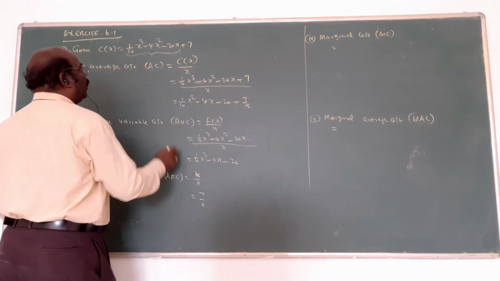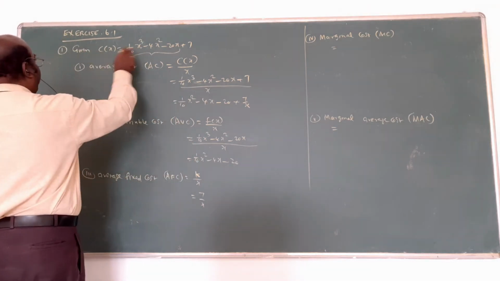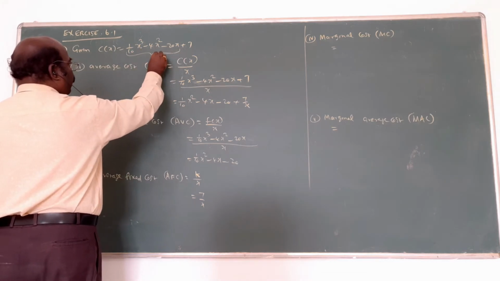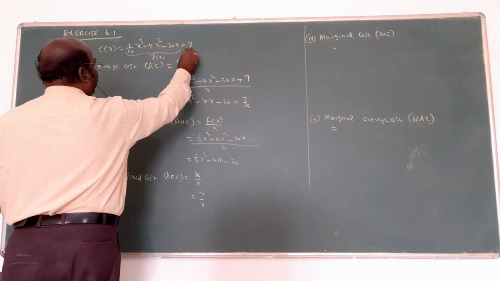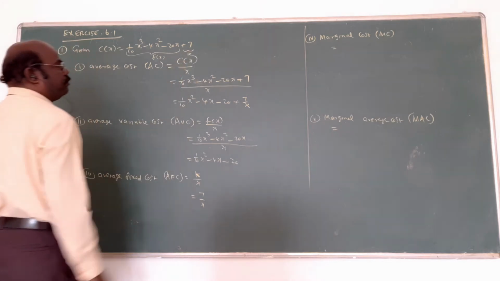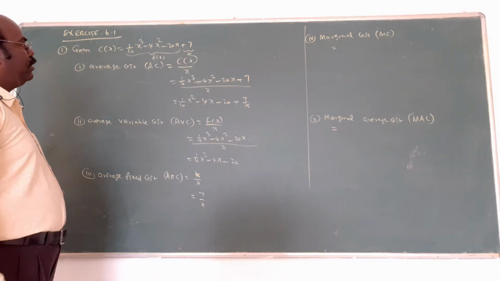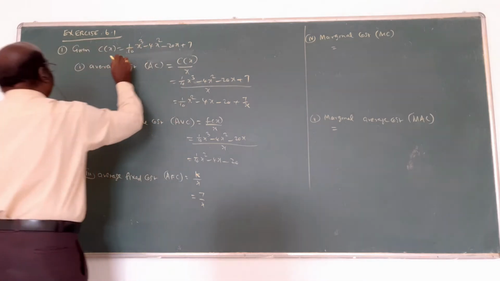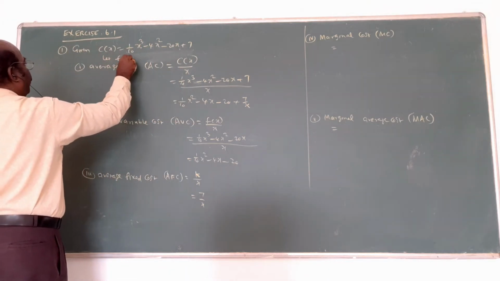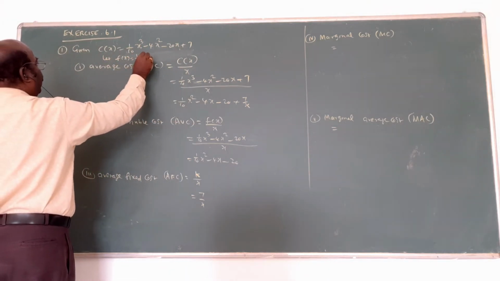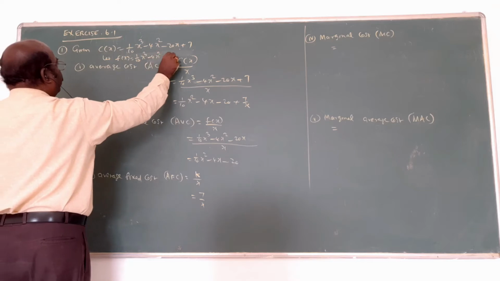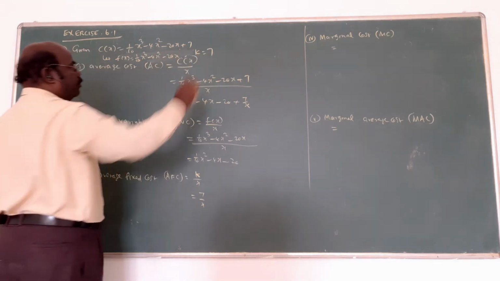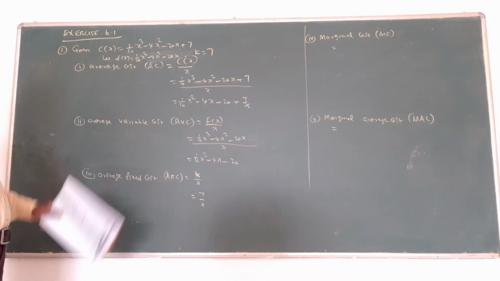That's all. From the question itself, you want to write C of x equal to this, all the variables together is called f of x. This is called k. In this way you want to measure. Otherwise, you can see clearly here, let f of x equal to only the variable one, x square x, comma k equals to, in this way you want to measure. Then write the formula and substitute.